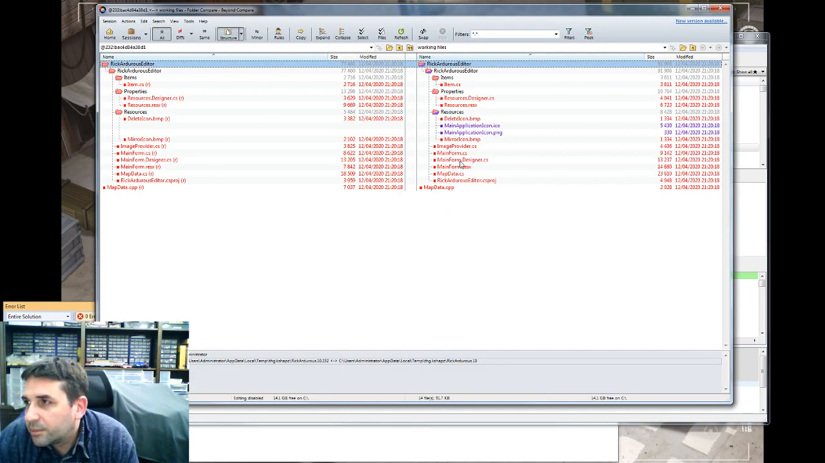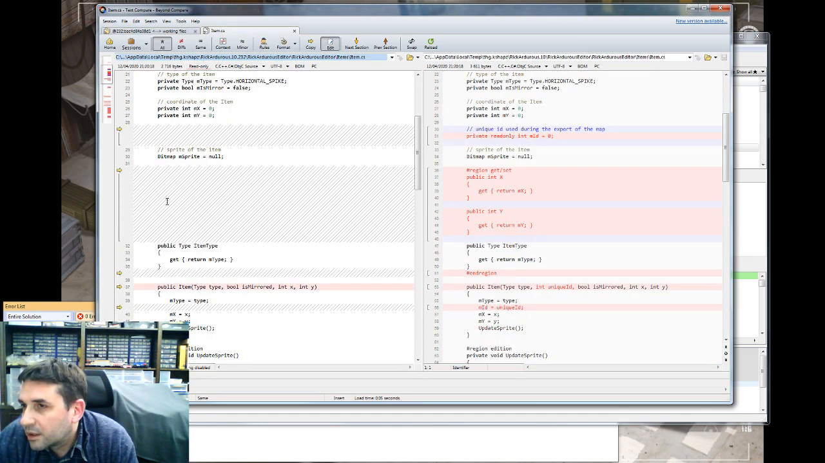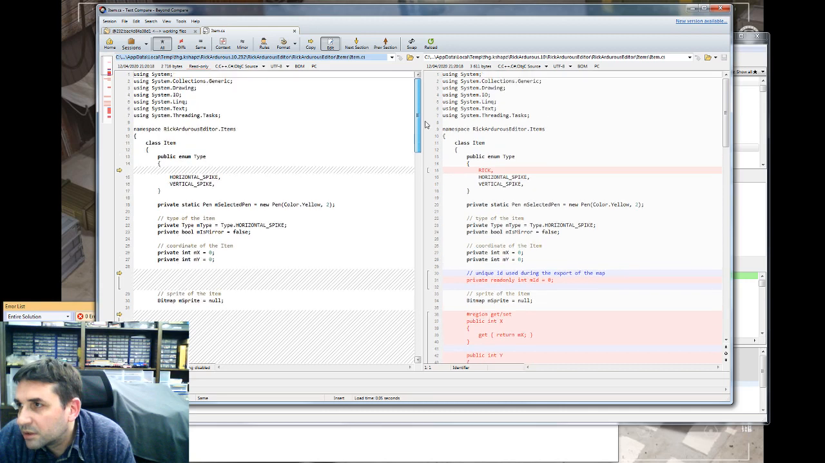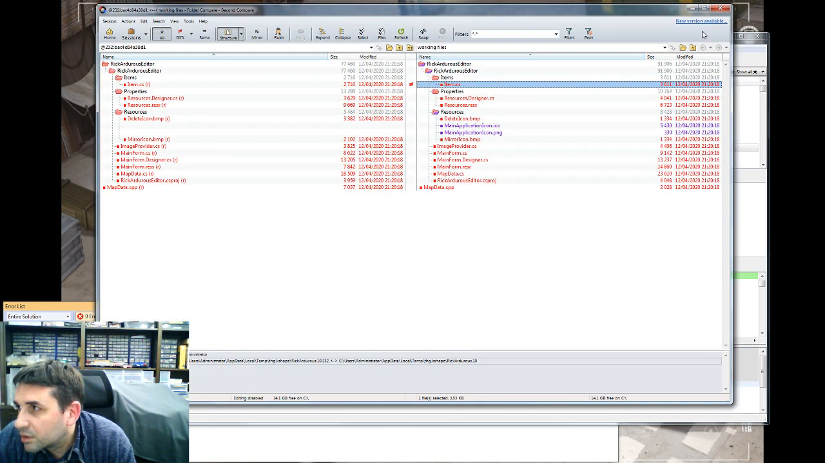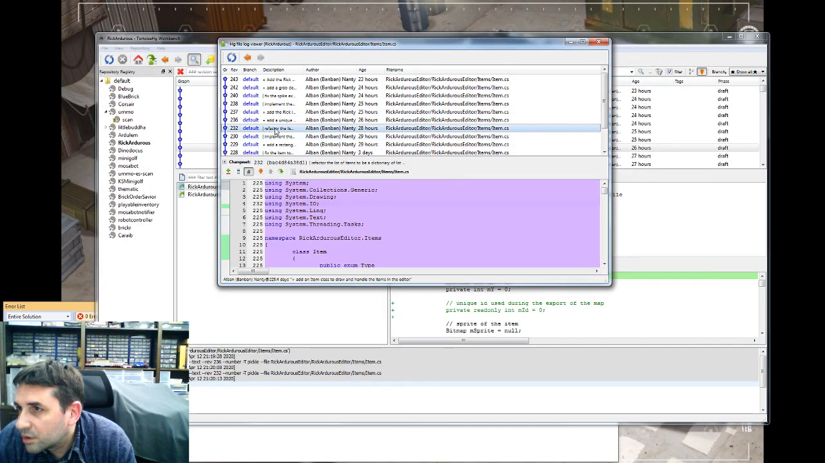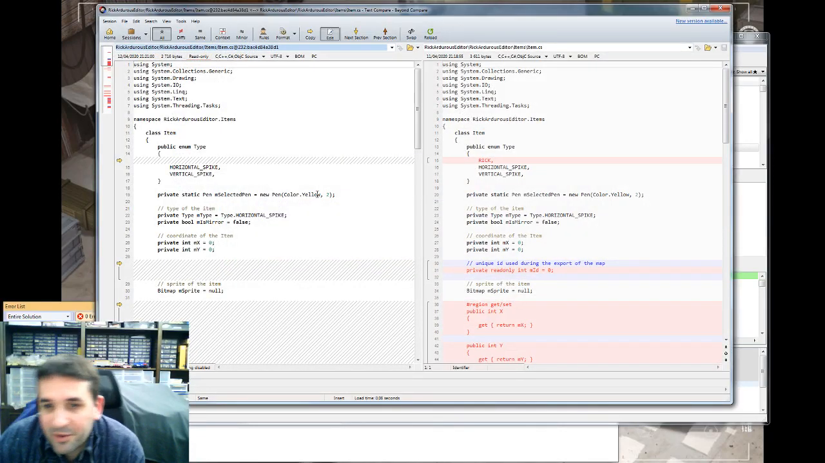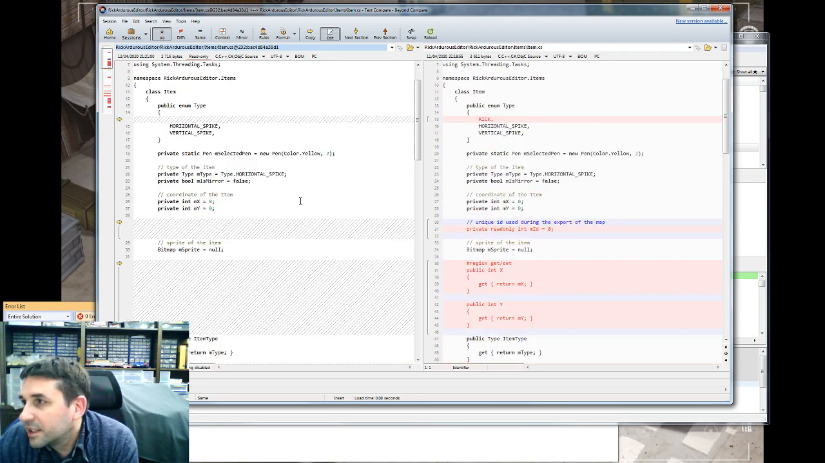Okay, so the item. All right, so it's two. This is not what I want. I want diff to local. Finally get it. All right, this is what I want. Okay, so